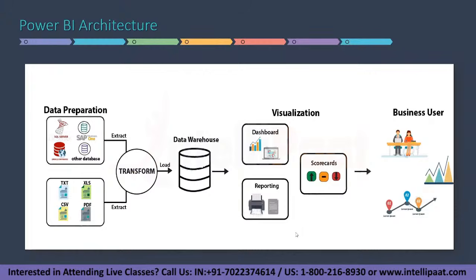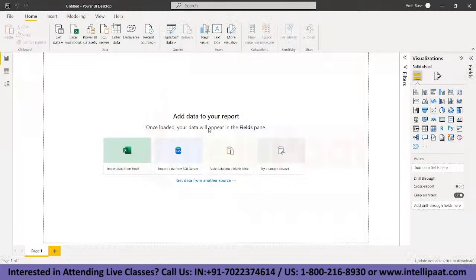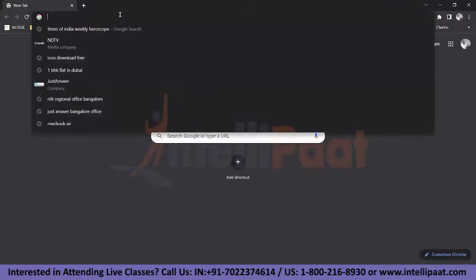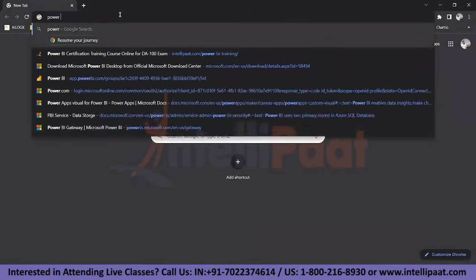I'll first give you a brief walkthrough of the tool. People who are quite new to this tool will have an idea about it, and then we'll start working directly on the dashboarding part. Now this is the Power BI desktop application, which you can easily install from the Power BI website,